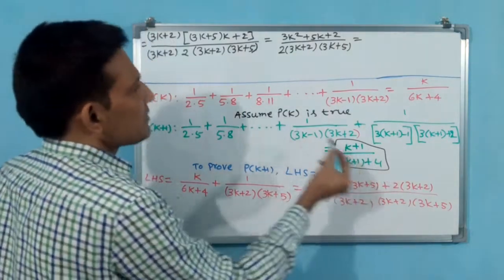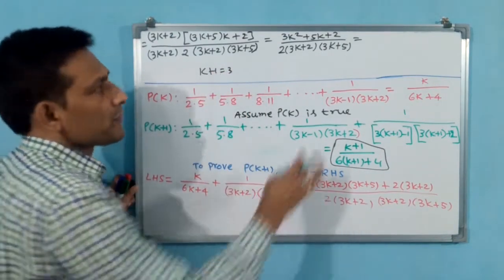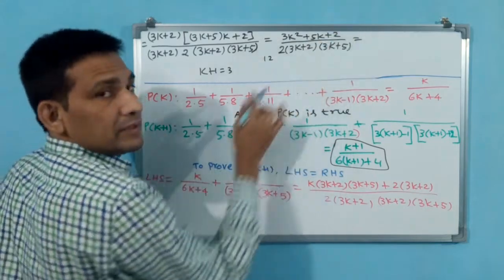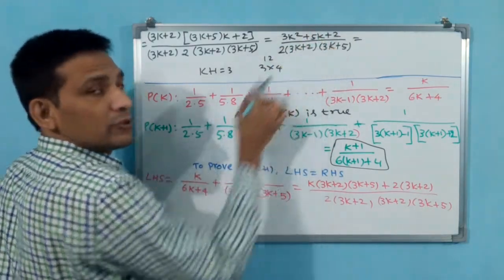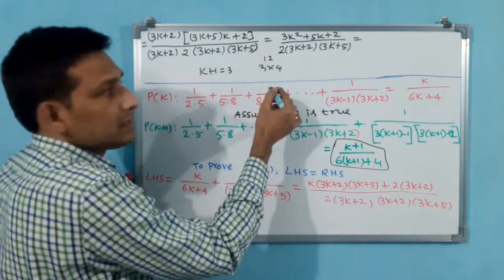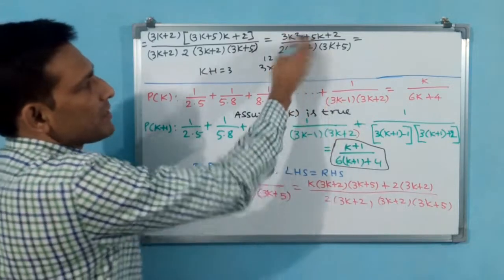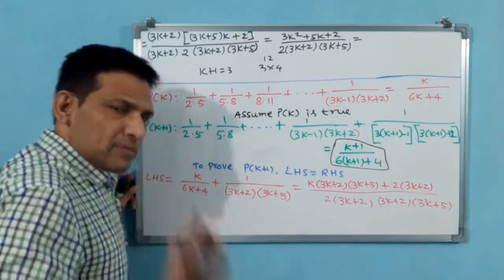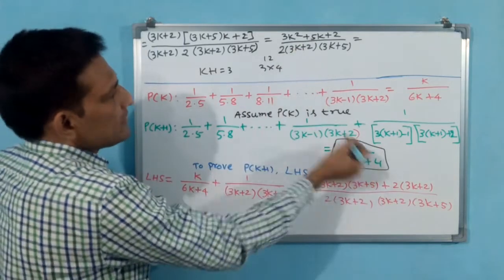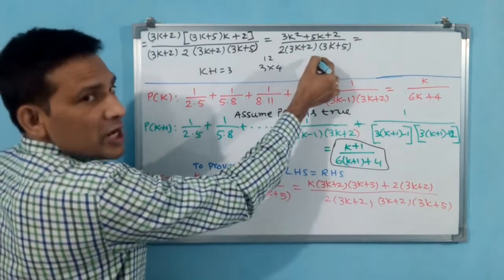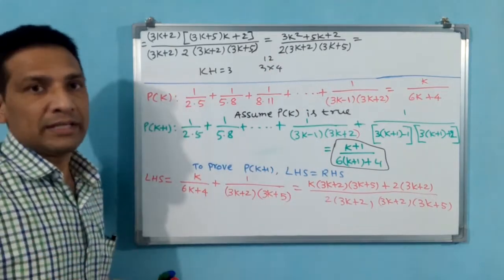In the answer, k plus 1, you think k plus 1 is equal to 3. Say for example, some 12 is there. Then how to write this numerator? You can write 3 into 4 as the numerator. Then 3 gets cancelled. Why? Because k plus 1 is there. 3 into 4 you can write. See, this 3 is going to the left, but the denominator 4 may come. Then you can cancel out each other. Like that you have to think.